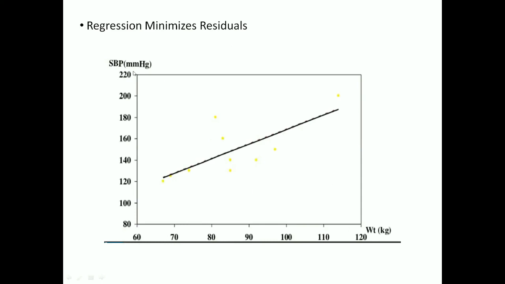This is systolic blood pressure. This is a dependent variable and weight is the independent variable. How the weight changes, the SBP also changes, and it shows there is a linear regression because of this straight line, and some of the points are away from that straight line. So we have to calculate the distance from this point to the line, that is called epsilon. Later we will see how to calculate all this. So this is the residual. This shows the linear correlation between the SBP and weight.